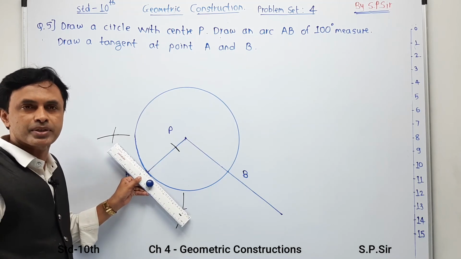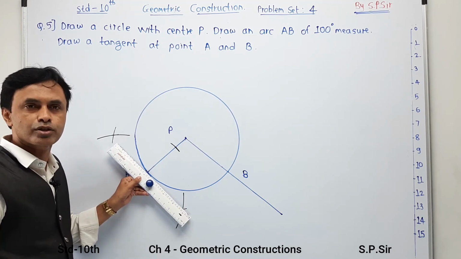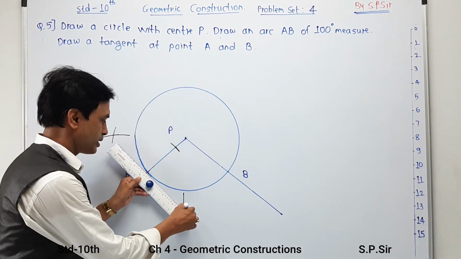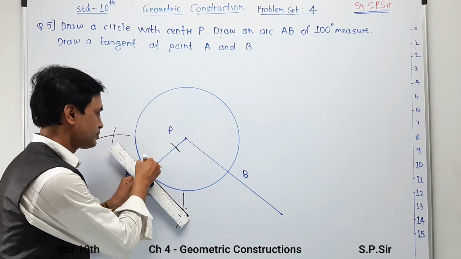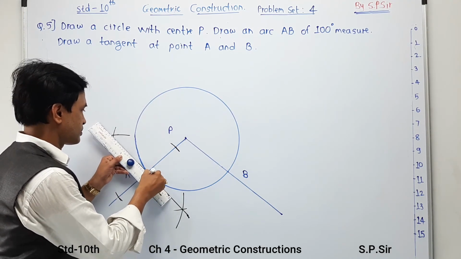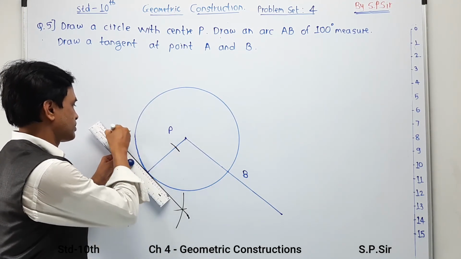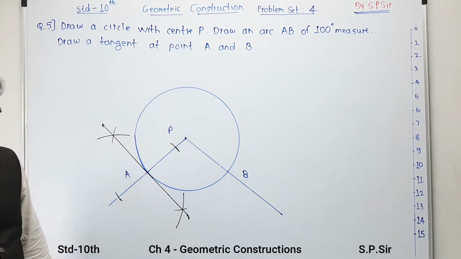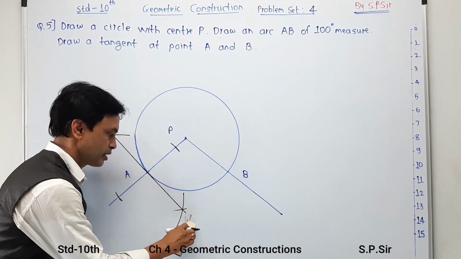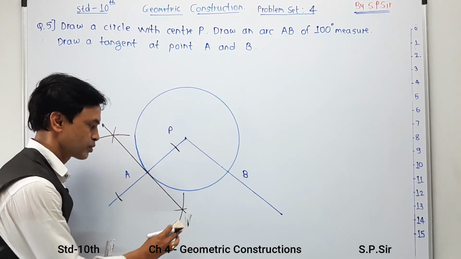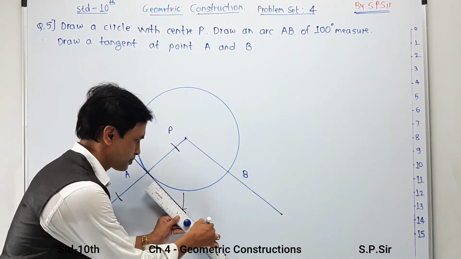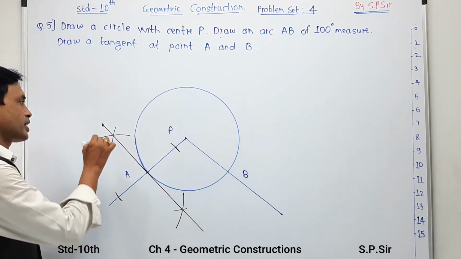Yes, my line is accurate over here. Lightly you can say 95% it is accurate, but as you are using a standard geometric instrument, your diagram will be more accurate compared to me. And in this way your first part of the diagram is going to get completed, and this is your first tangent which is over here.